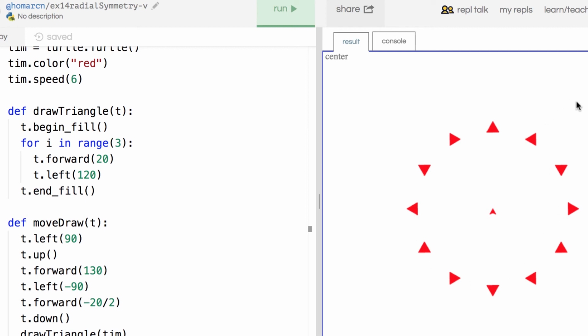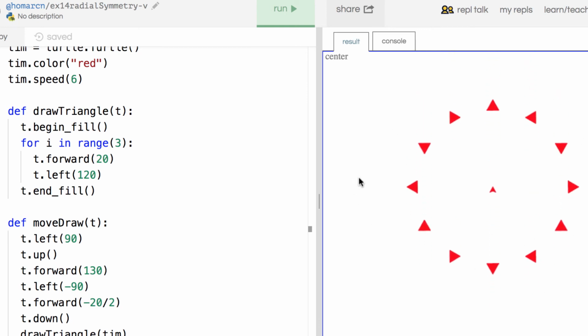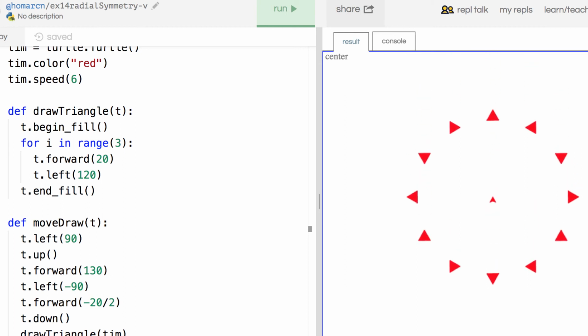So we'll stop here since this is working, and you can share that if you get it to this point and you're exhausted, or it took you hours of doing this, or maybe it took you 10 minutes. If you're able to do this, you could certainly turn it in. But the next step I'd like you to try working on is, and even if you want to make another one, radial symmetry 2 or something, or, don't change the exercise name, but make it like version 2 or something,